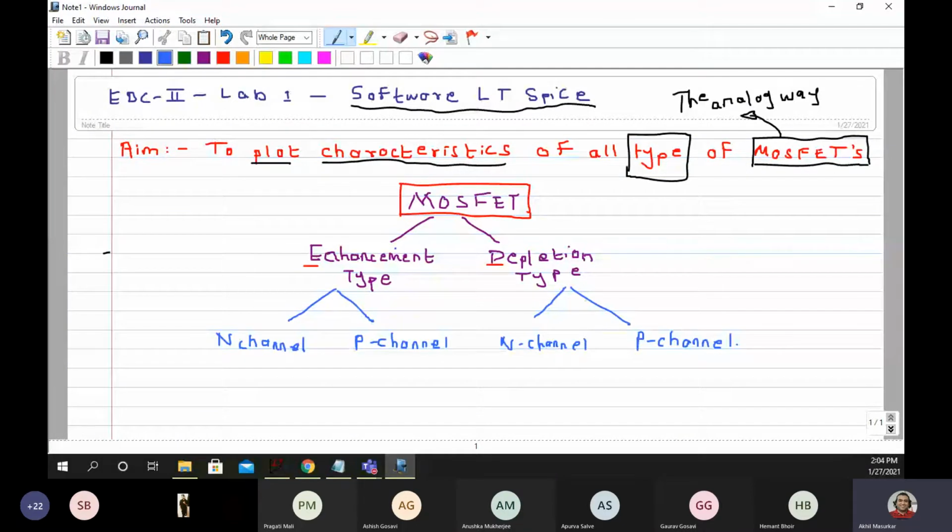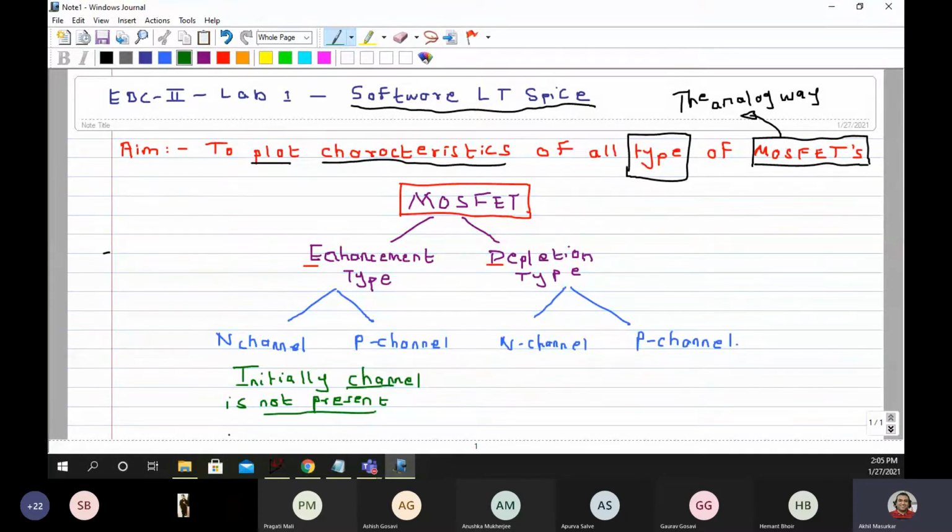Okay, now the real meaning of having a channel or no channel. What is very peculiar about enhancement type is that initially the channel is not present. When you take the device and don't give any voltage to it, the channel is not present.